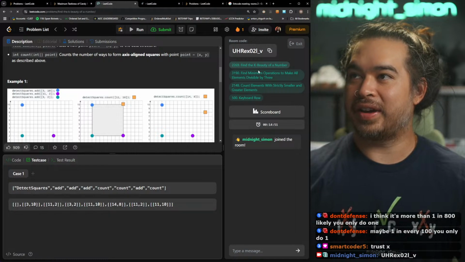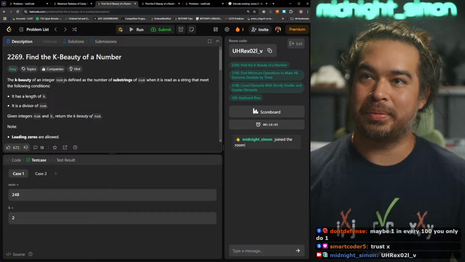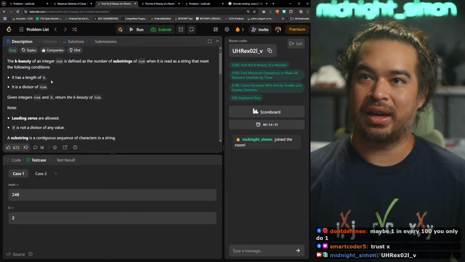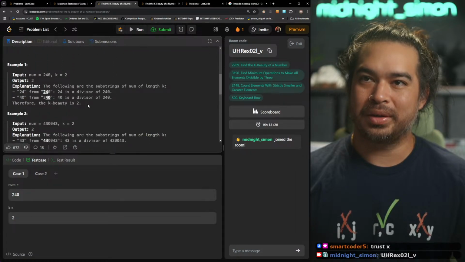Find the k-beauty of a number. The k-beauty of an integer num is defined as the number of substrings of num when it is read as a string that meet the following conditions: it has length of k, and it is a divisor of num. What?